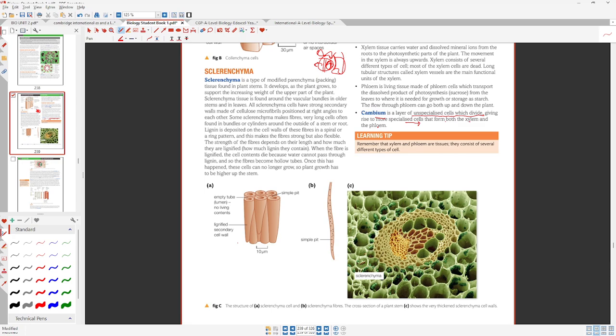Well, this is what it looks like. You have your lignified secondary wall, as you would also have for your xylem, or your normal cell wall in case you wanted to make it more rigid. It has empty tubes and no living contents. However, it does have end walls, right? So that's going to be a sclerenchyma cell. This is going to be a sclerenchyma fiber, and that's going to be the thickened sclerenchyma tissue, as you can see over here,